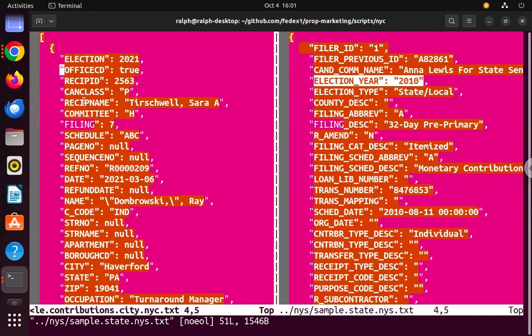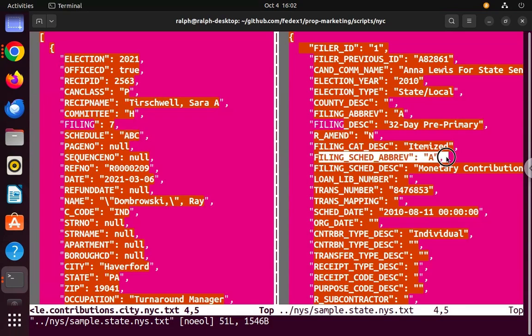We as database people, the people that understand databases, can interpret this and translate. But recipient name is similar to the candidate committee name on the state. So the city's on the left again. Now schedule name, there are all these codes. We'll show that in the code file. The state is pretty good. It doesn't have too many codes. It has a code, but then it describes what it is in the data. So that's a nice feature, so you don't need yet another dictionary to look things up.